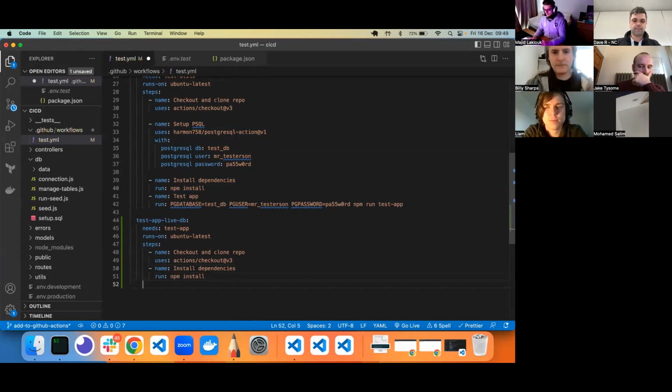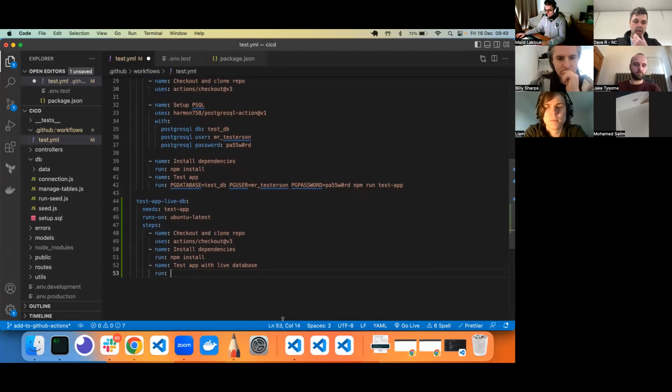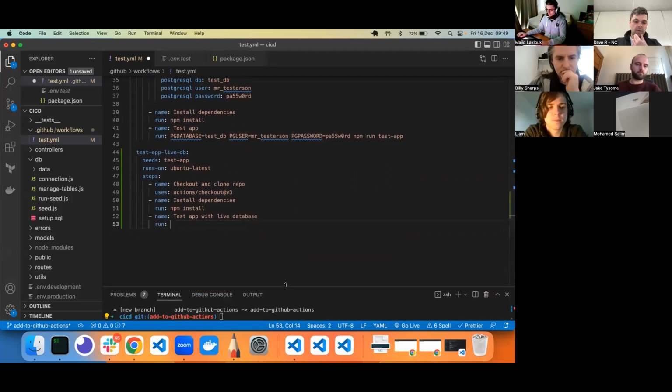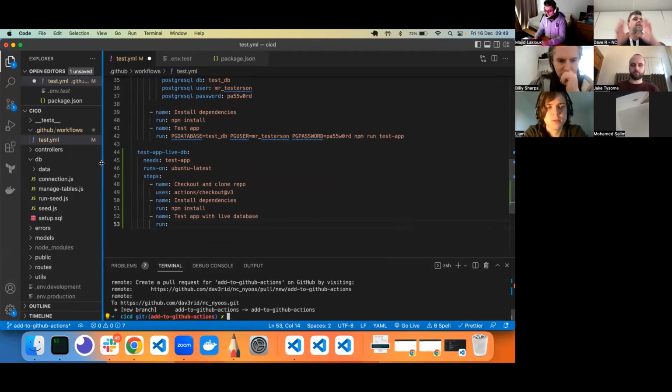Brilliant. And then I would like to have our next job, which is going to be like test app with live database. Cool. Now, at the moment, right, our tests are set up to be in the test node environment. What I would like to do is run our tests, but acting as if they're in the production environment,